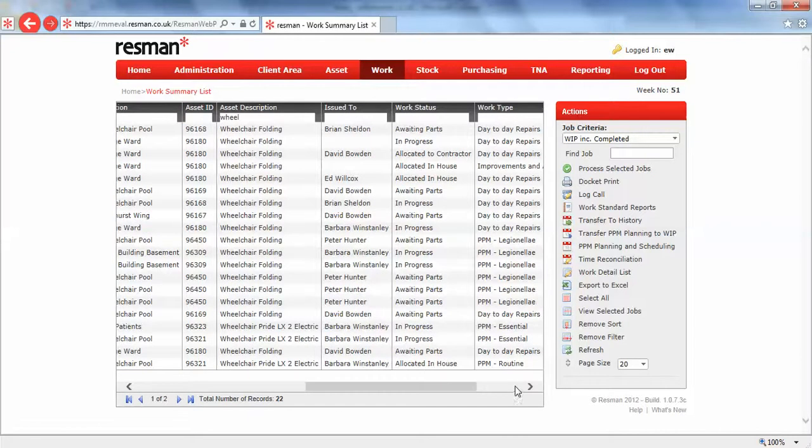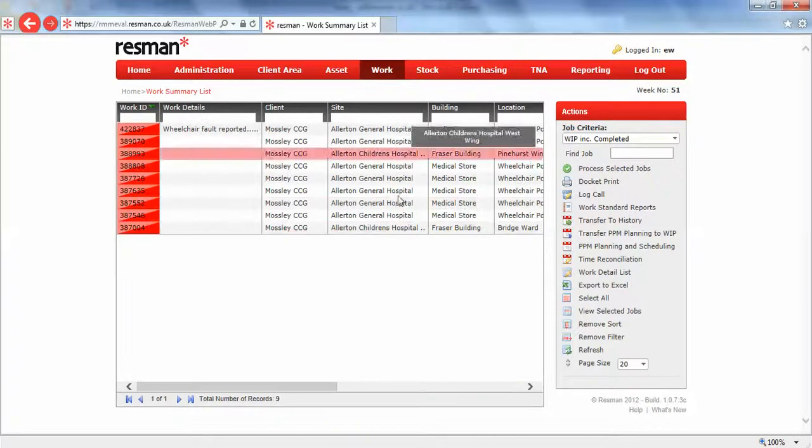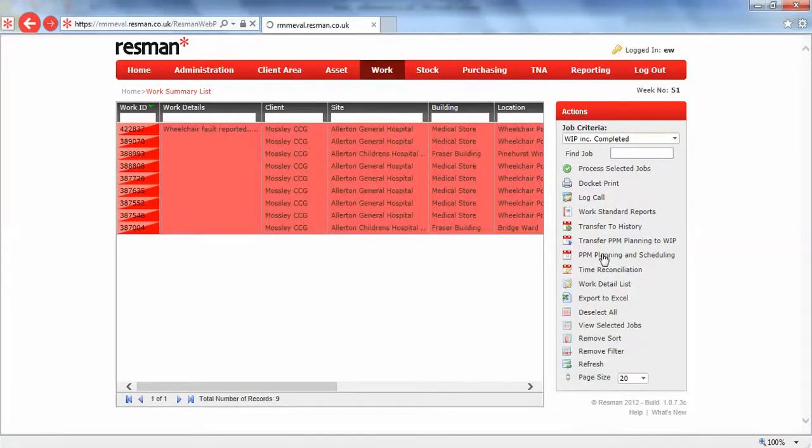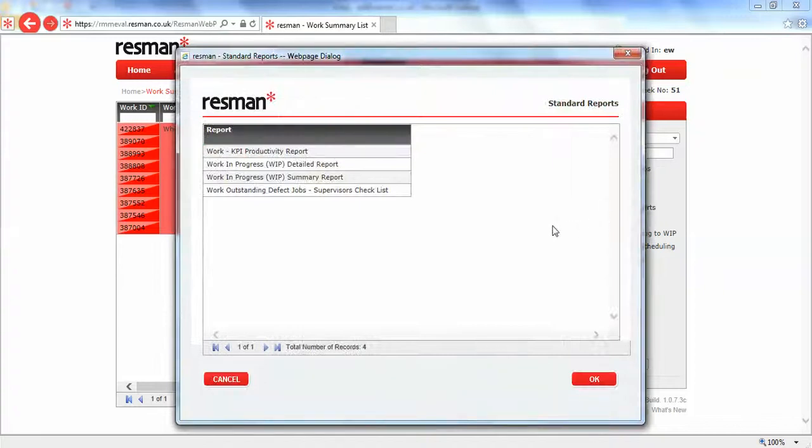So I'll scroll across, and here we've got our work status, and you can see there's one beneath that with awaiting parts, and I'll simply type in there await and hit return, and that's now found 9 records. Again, we could continue filtering, or we could select a record or multiple records. I'll use select all. Then this time we'll use the work standard reports, and as we said before, we've now got